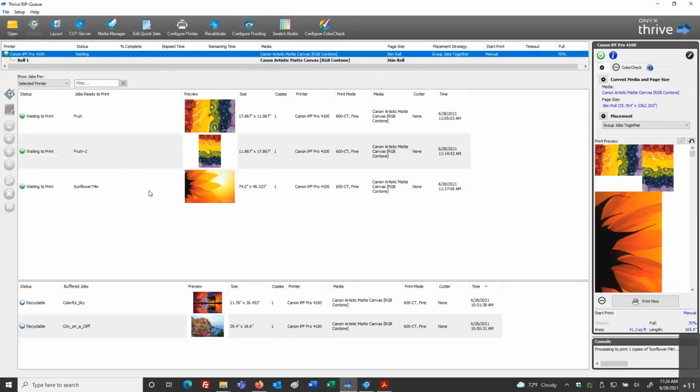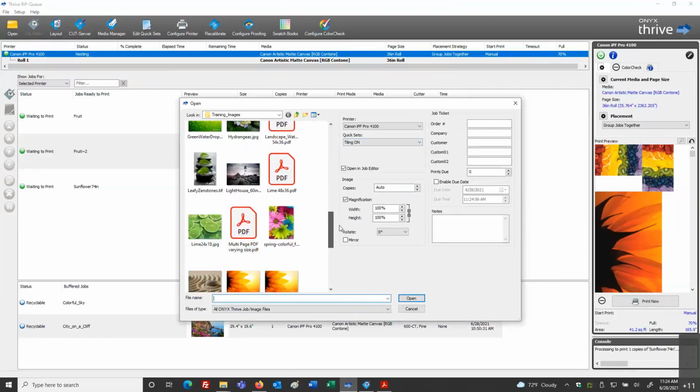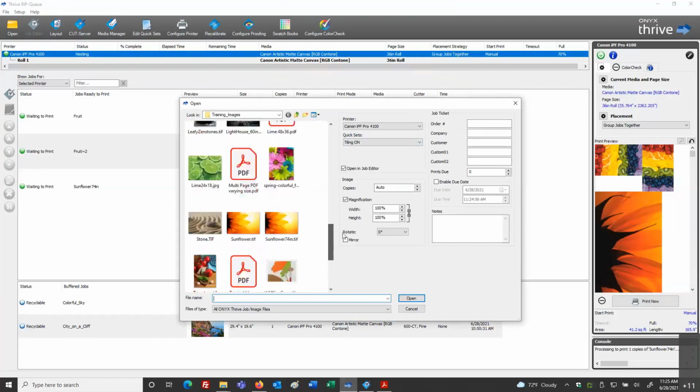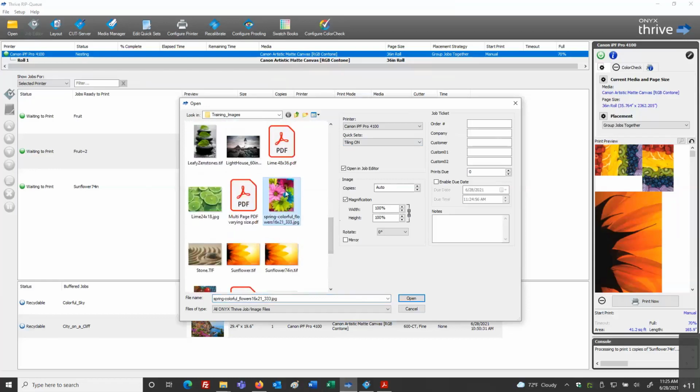Now, one more scenario, we may have a need to add bleed or grommets or some type of effect in Job Editor. And we want to visualize this. We want to see what the dimensions are going to be and how things are looking. So if I open a file, go down to my settings here and pick this file. I'll make sure I go to my default quick set.